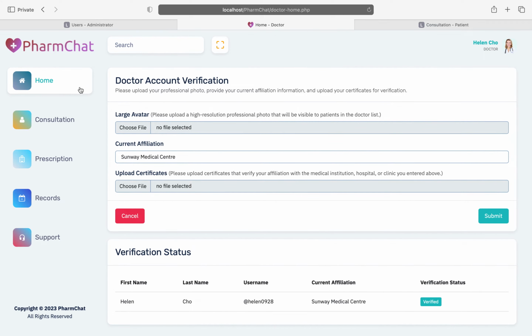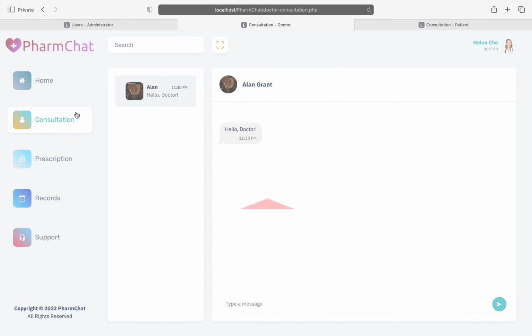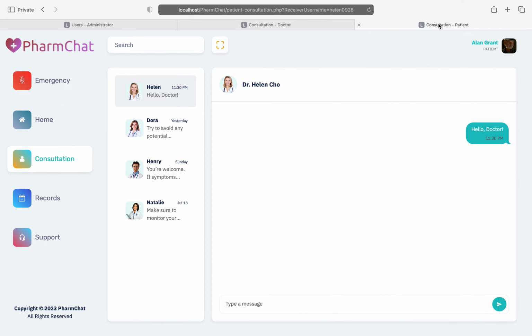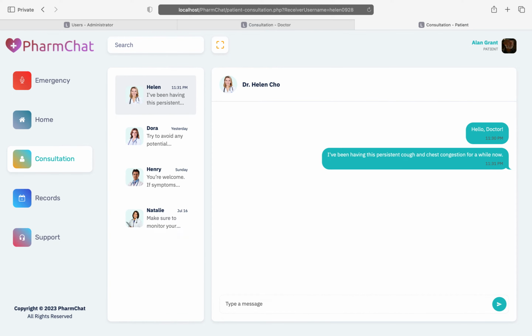From the doctor's perspective, she received the message from Alan Grant. So now we just need to continue the consultation now. So patient keeps saying, I've been having this persistent cough and chest congestion for a while now. And then doctor replies, hello, I see that you've been experiencing these symptoms for some time.